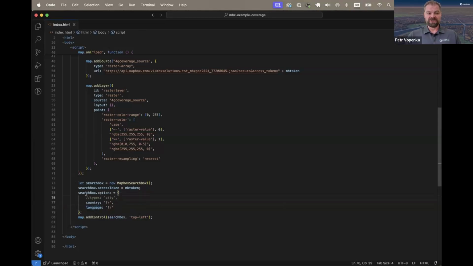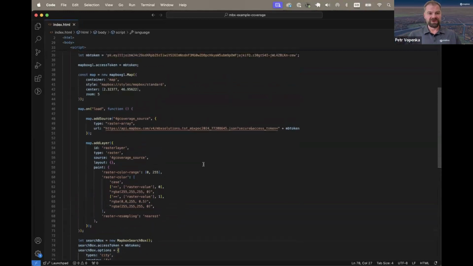I can also limit this. Now I can search entire addresses, but I'm commenting this out, I would be limiting this so that the search results would be only cities. In some use cases, that might be more convenient. So these couple of lines of code is all you need for searching addresses. So that's all for this